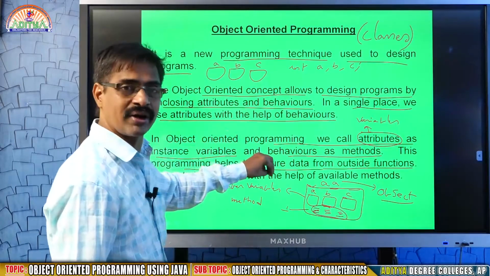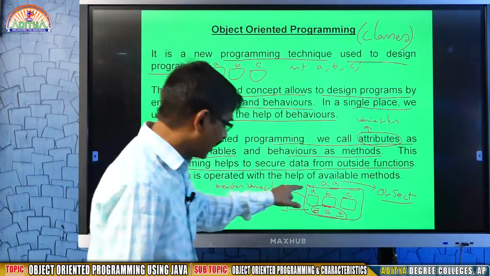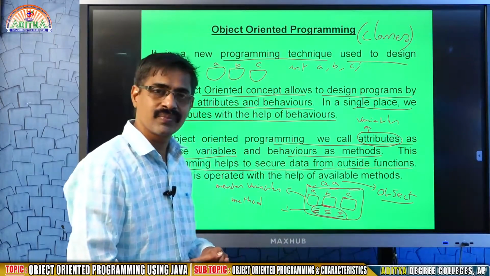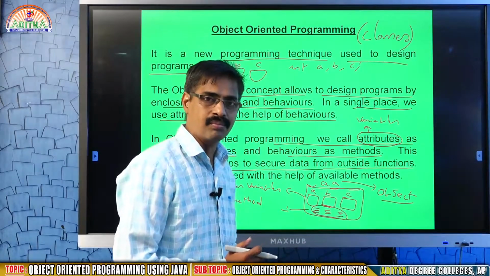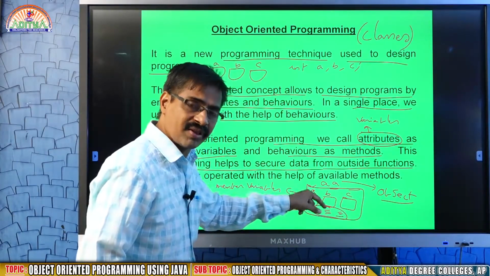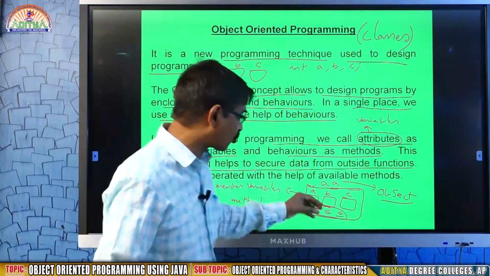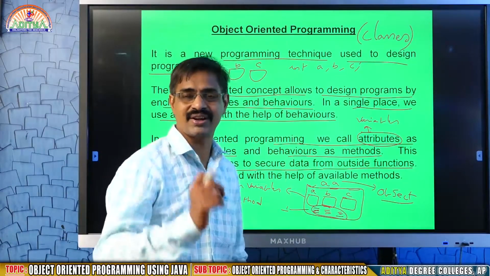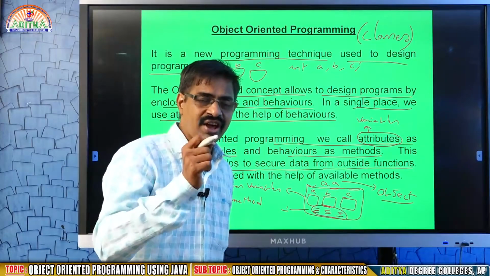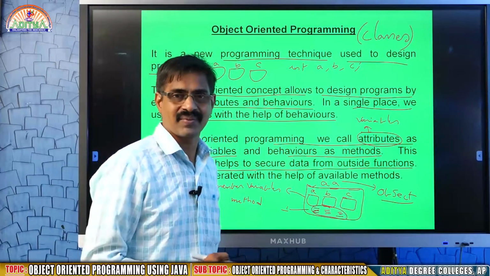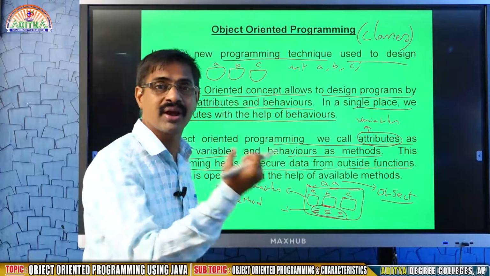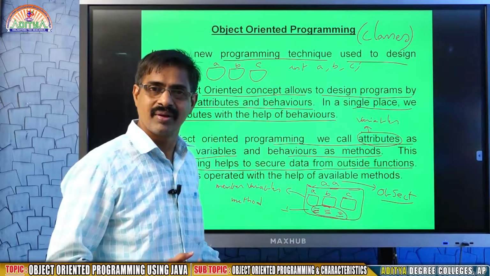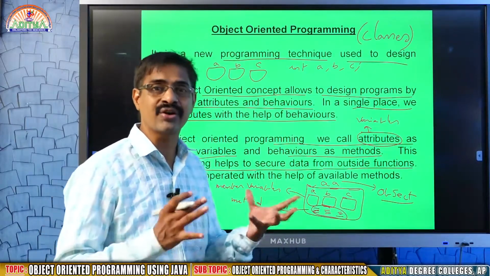What is the use of object-oriented? The only advantage is that variables are there and methods are there, both available in a single place. So what happens? Object programming prevents outside methods from modifying your inner instance variables, so that security is created. The biggest danger in networking is hacking. Somebody will steal your information. That is the actual problem we are going to face, because in the network system, one of the things we require is security.